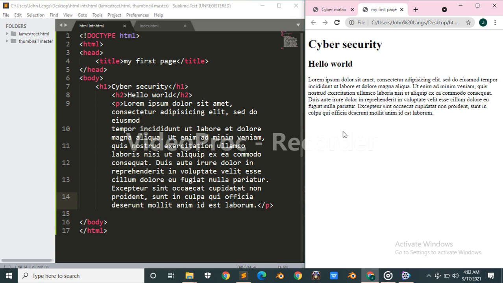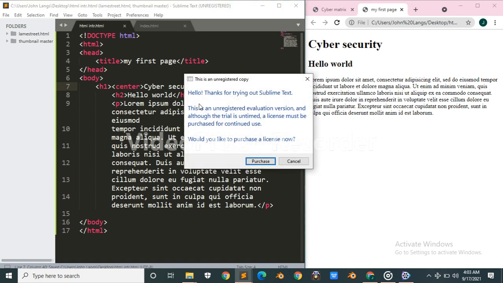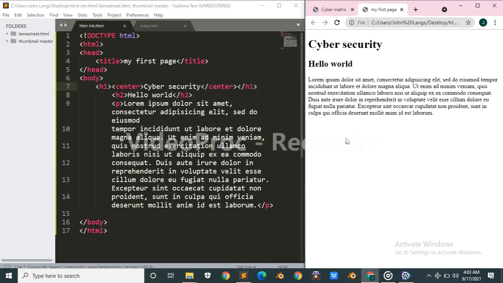You can see that there's a bunch of text here that is added to our web page, and this goes even more. We can even make our header be at the middle to make the site even more beautiful. And that we can just say center. We can add in a center tag, center, and we close it. Don't forget I told you every opening tag must have a closing tag. Every opening tag must have a closing tag like center, and we'll see Ctrl S, and we run it. You can see that the cyber security is displayed at the middle,